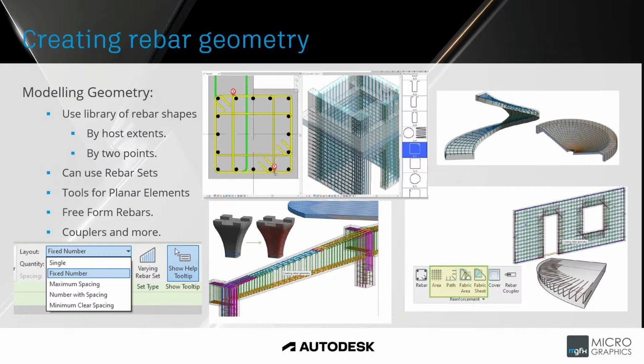One is by 2 points, where you draw a rectangular shape, and we could also draw certain shapes by the host extents, so it then conforms to the cover settings, and expands and fits itself into the extents of the object, which is great. So you don't have to physically